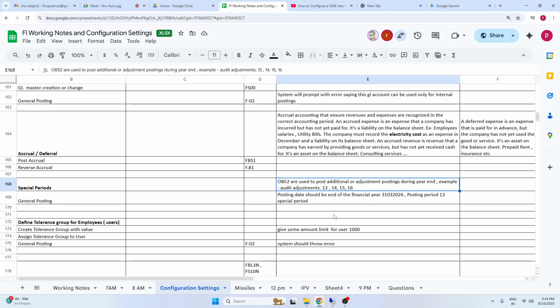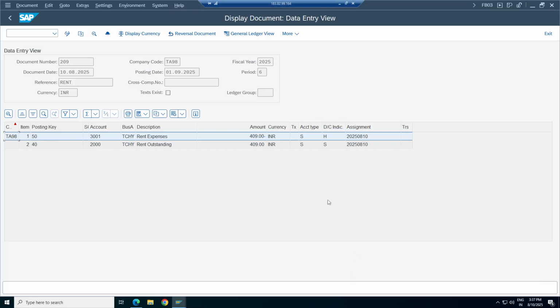After auditing, you will come to know. So for the December period, if you want to do something relevant to December, December comes under the third quarter, so the 15th special period can be used. Or some clients say they want only one special period, so they use only one. It depends. But SAP provided 4 special periods, linking to your 4 quarters. Each special period denotes one quarter. Depending upon the adjustment, you post the transaction in the relevant special period. Let us post in the month of December, a third quarter adjustment.